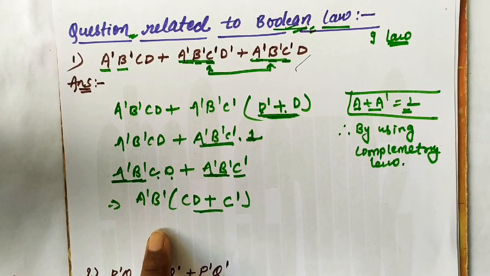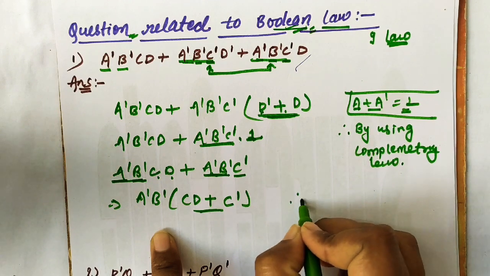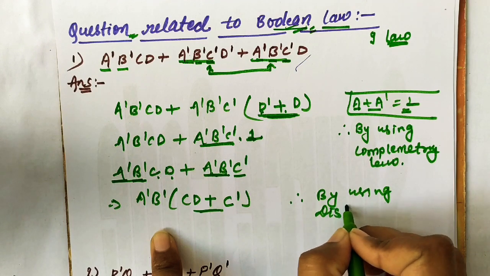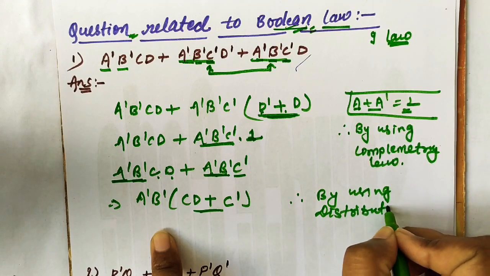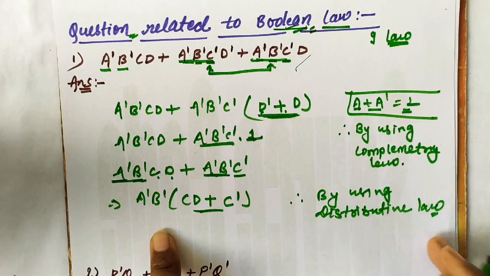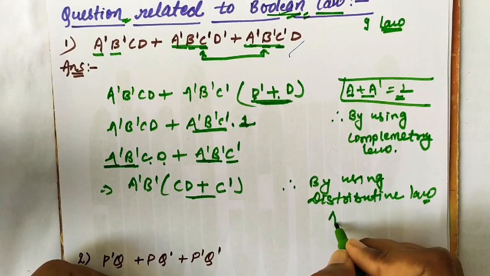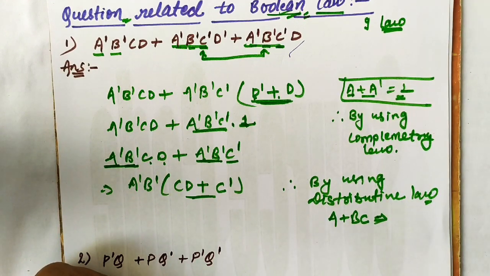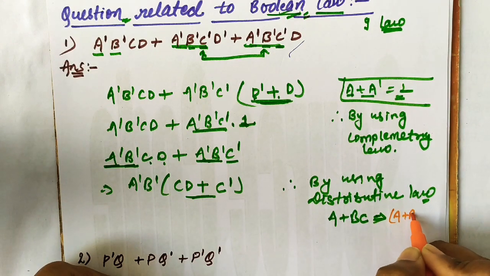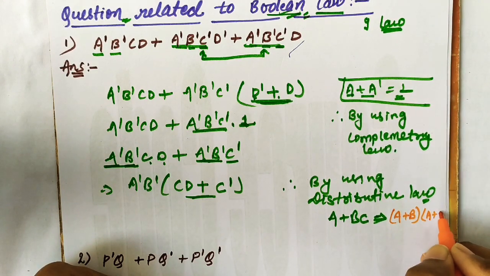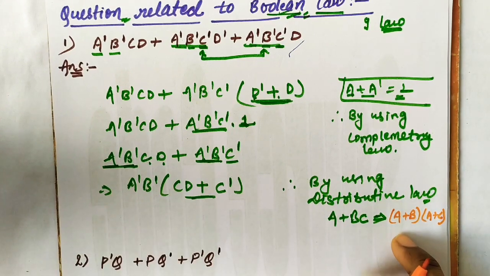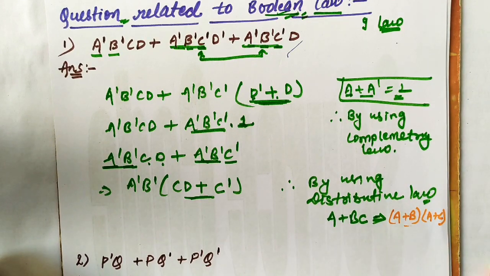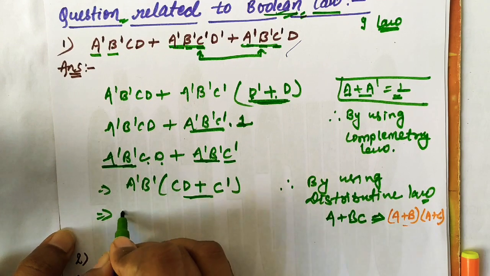So by using the distributive law. What is the distributive law? A plus b c is equal to (a plus b) and (a plus c). If you don't understand the Boolean laws, and the complementary and distributive laws, please watch my previous video. So by using the distributive law,